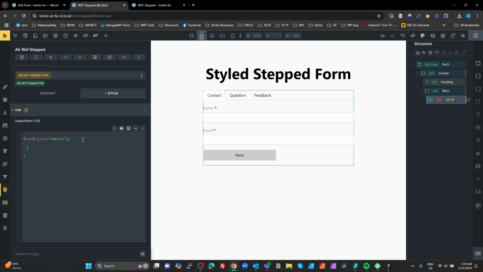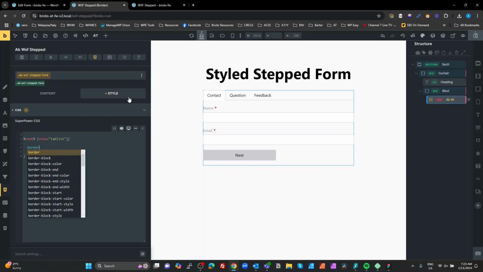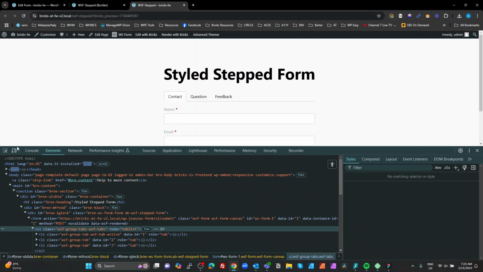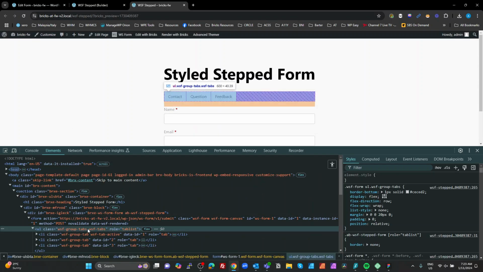I'm going to see if this actually does what I want it to do, which is remove the bottom border there. So I'm going to put border of none. Okay, and we can see it didn't remove it. Let's see why. If we go back over to here